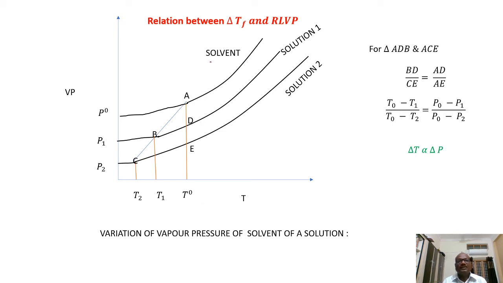So let's consider the solvent system. For example, the solvent is present at room temperature or some temperature. Now we are gradually decreasing the temperature of the solvent. In this direction, you can see this. As you decrease the temperature of the solvent, the vapor pressure of the solvent gradually decreases, exponentially decreases.